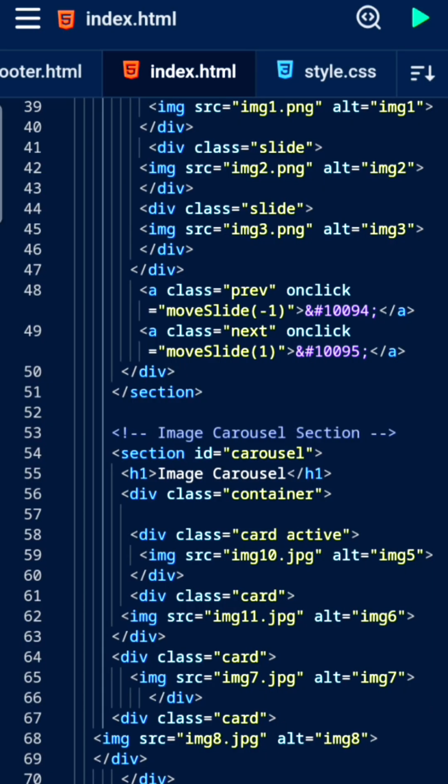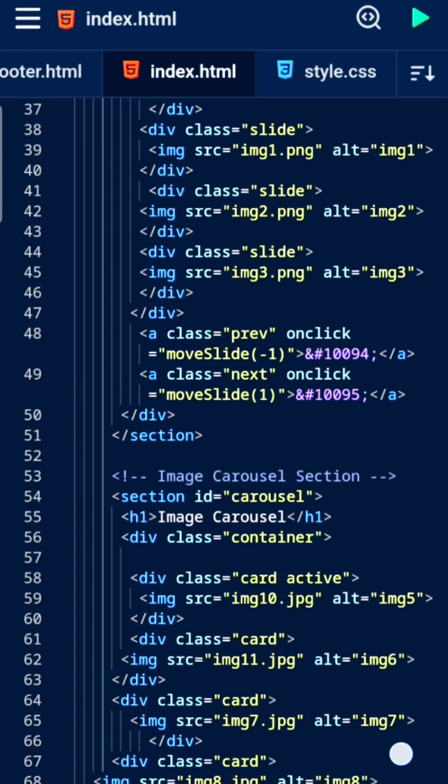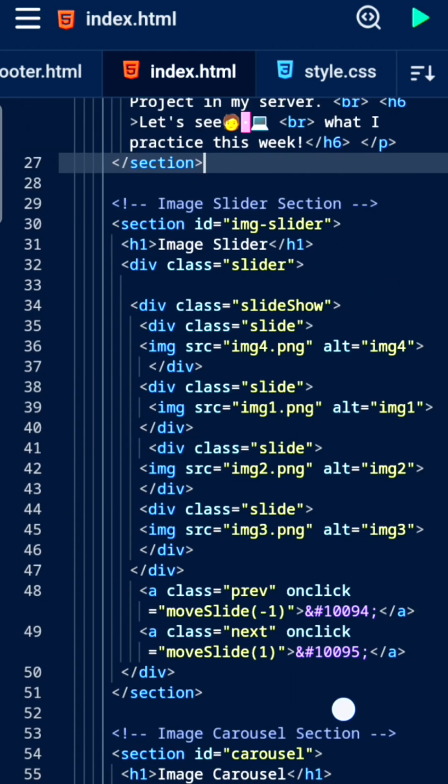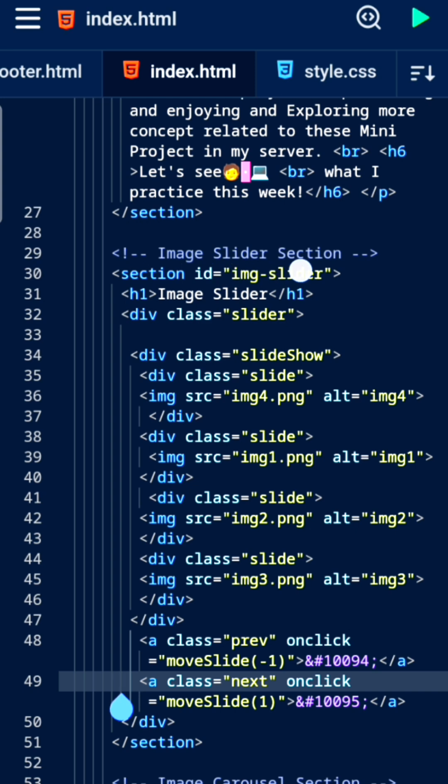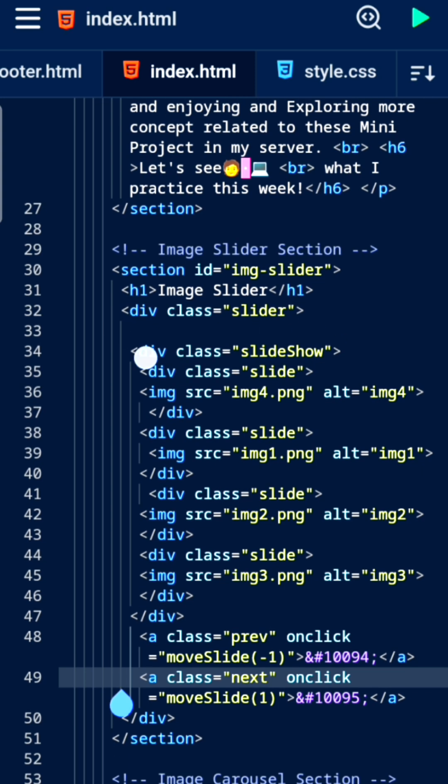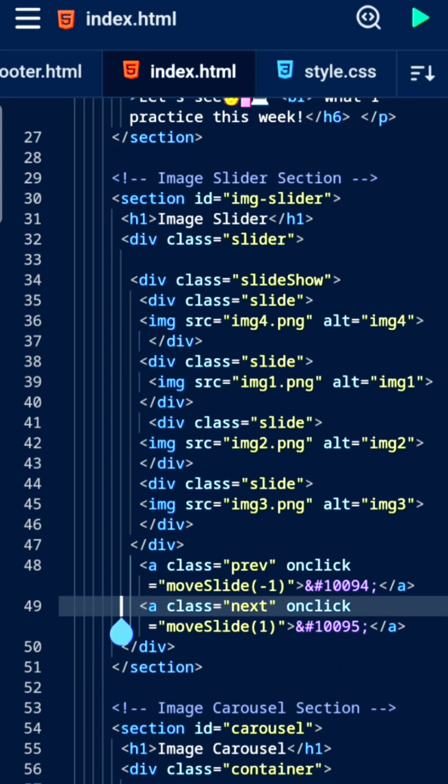Now it's time to see the code of this image slider. If you see, there is a section ID named image slider. In this image slider, we have a container div with class name slider. Inside this slider container, we have a div with class named slideshow. Inside this slideshow, we have four divs with the same class name called slide, and additionally two anchor tags for previous